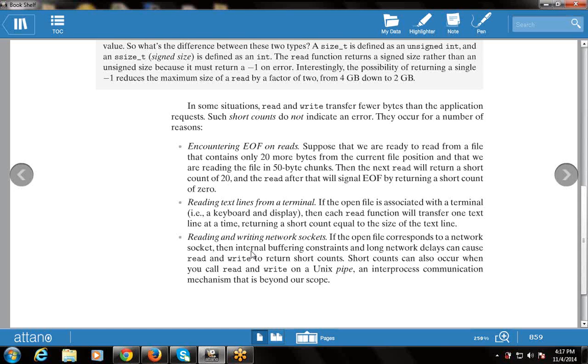reason why a short count occurs is reading text lines from a terminal. That is, reading the text file from the terminal, using a device such as the keyboard, display, or monitor. Then reading and writing network sockets. So these are a few reasons why there is a short count, why there is a shorter transfer of bytes